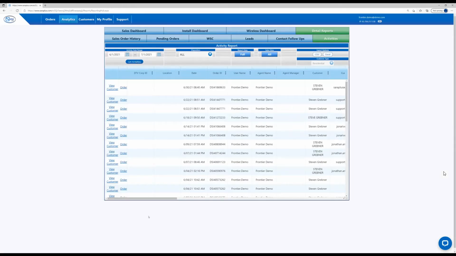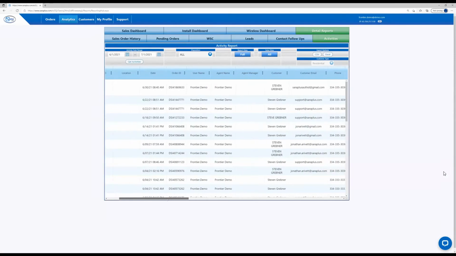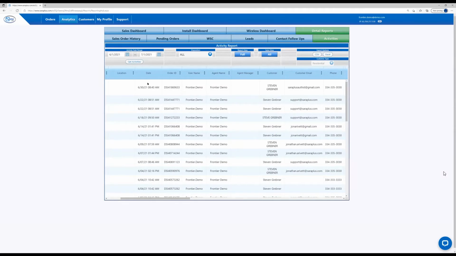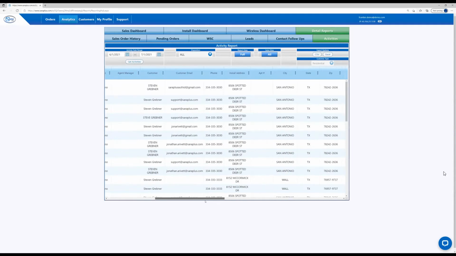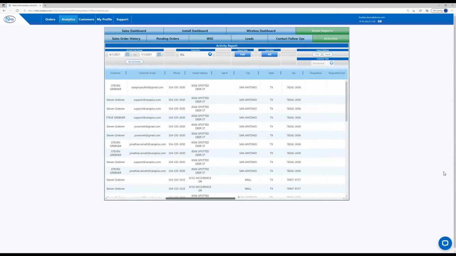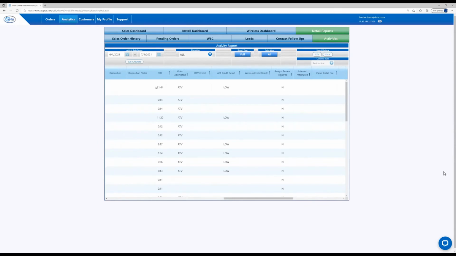So if we come in here and look, we can see we've got a lot of different information. So we've got the time the order was started, the order ID that was generated, the agent who was submitting the order, the customer's information that was entered on that order. Then we scroll on over, we can see how long they were in the order for. We can see what product they attempted. So if they attempted video, was it